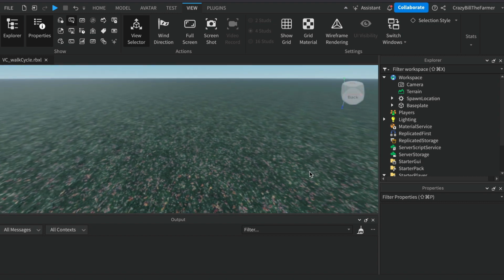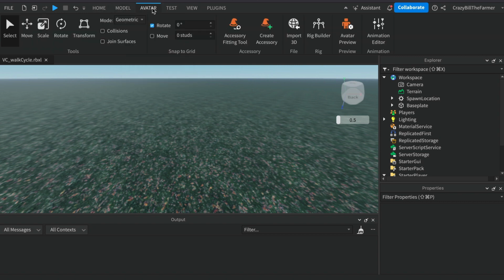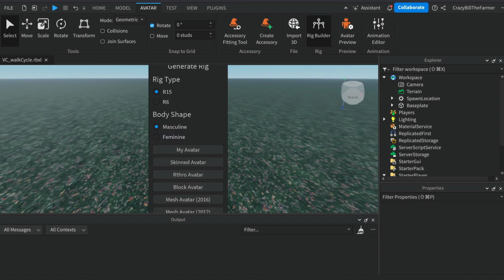Alright, to make the animation, just follow along with these steps. If I'm moving too quick, then pause the video, do the step and then start playing again. First step, get a blank project up here and then come up to the Avatar tab at the top of the screen. Over here you'll find the button Rig Builder, so left click on that and it'll bring up this